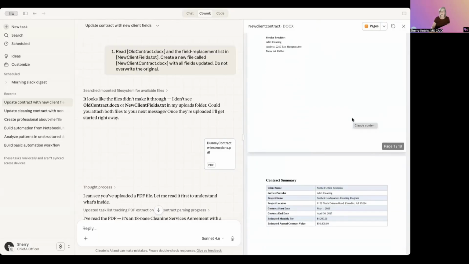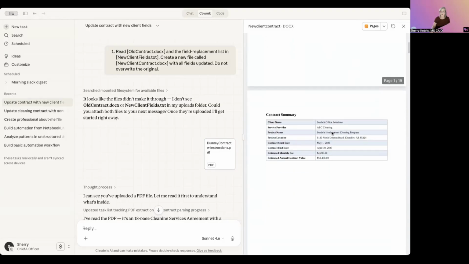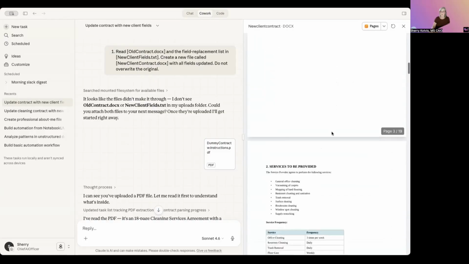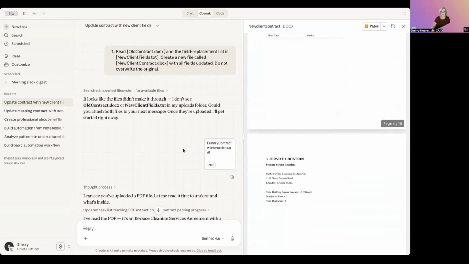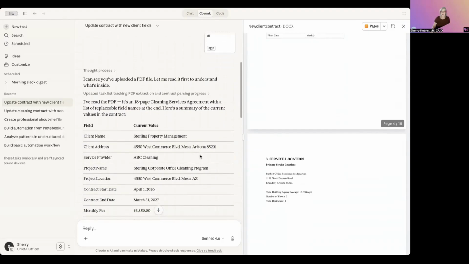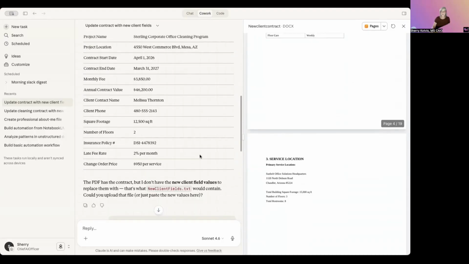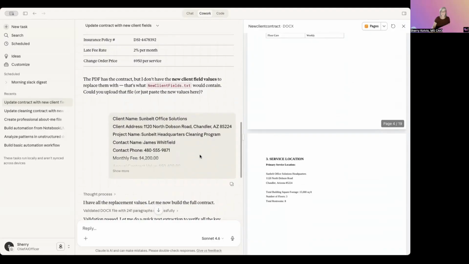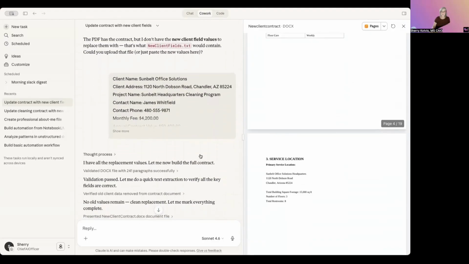The last one I did, it showed the original in the right-hand column, and then it showed another file with the new contract. So I'm not sure why it didn't show the original. That I'm not quite sure. But you can see how quickly it's replacing information from one contract to the next. You just have to have all of your fields completed. These could easily be set up as a template of some type, and you just fill in